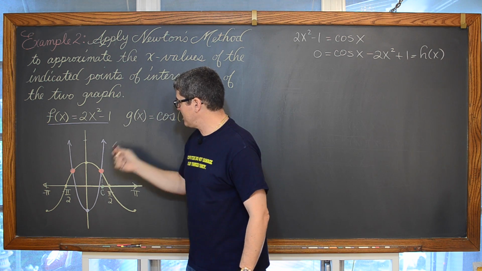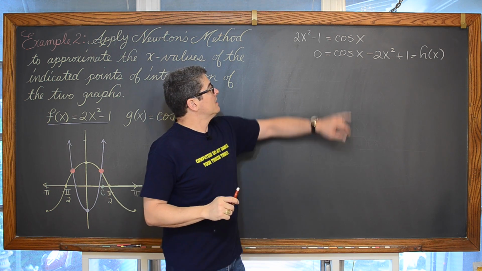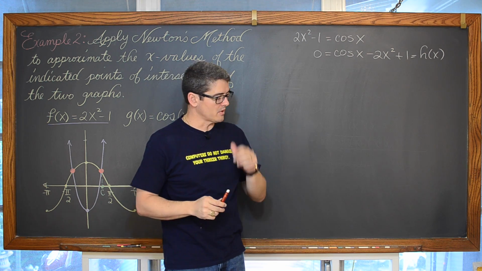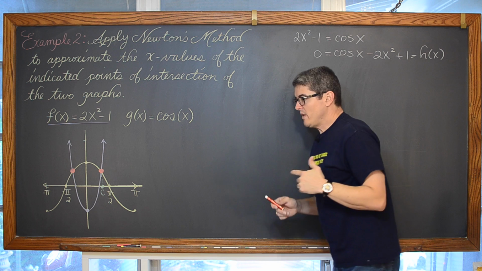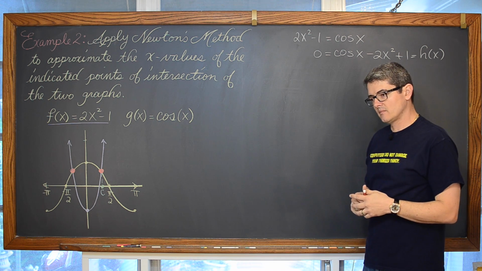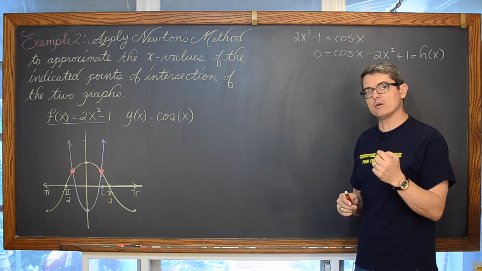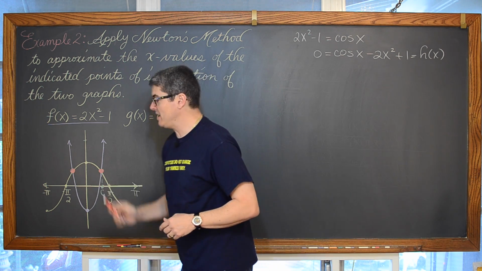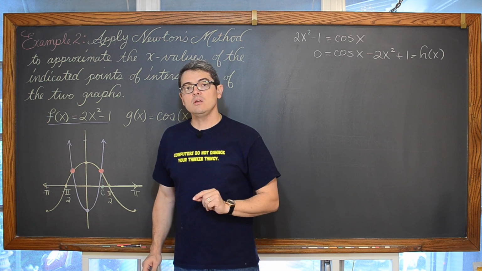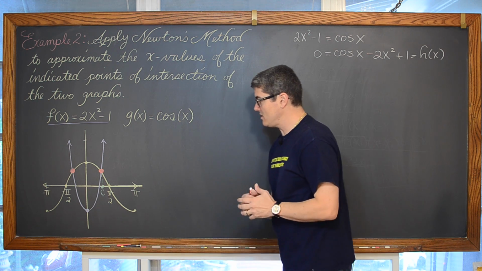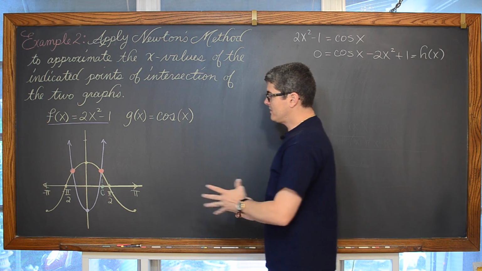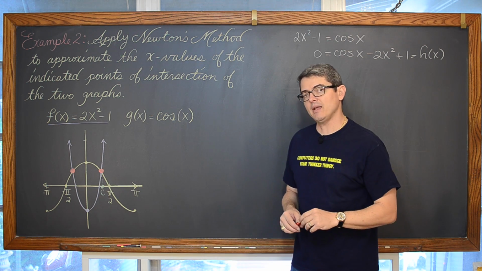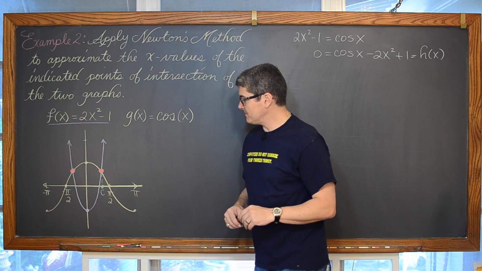This parabola and this cosine function intersecting, setting those equal to each other, gives us this new equation that we're setting equal to 0. We have to start off with that initial x sub 1 value, our initial guess of where these two functions are meeting, or where that h of x function is equal to 0. And these are certainly graphs that I would expect my students to be able to sketch without the aid of a calculator.